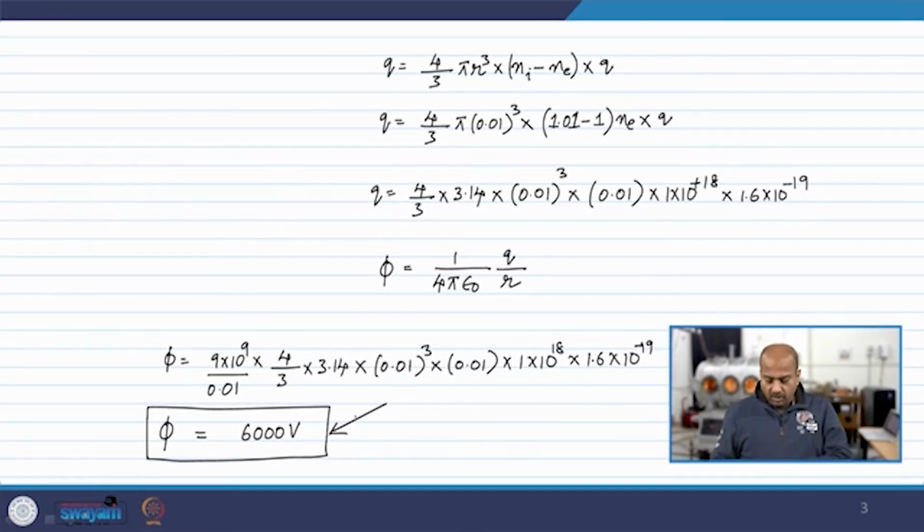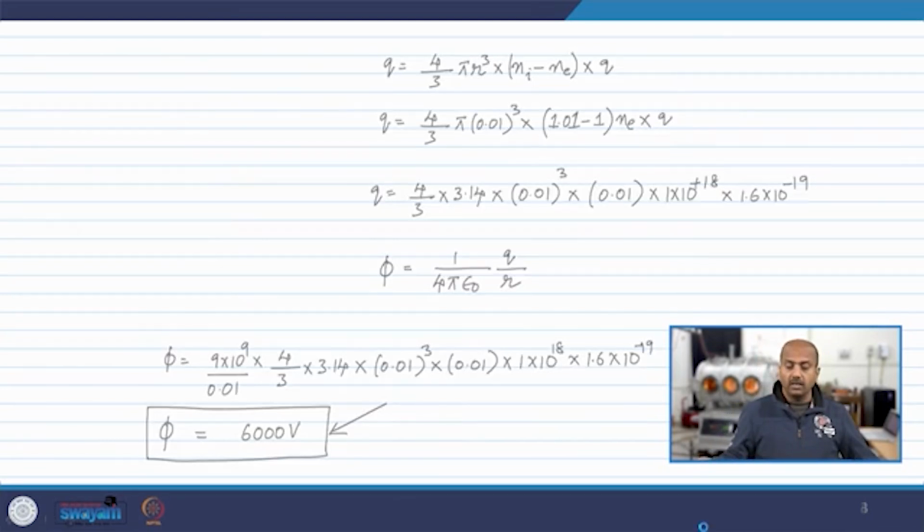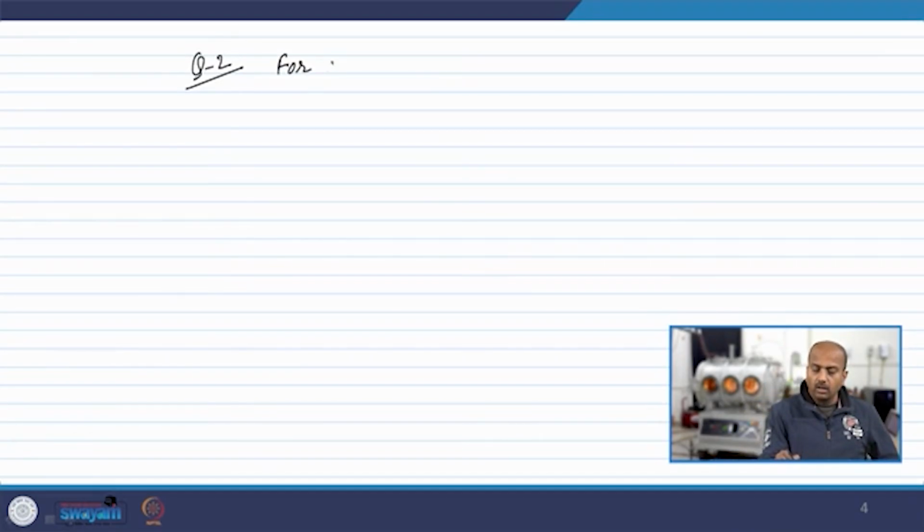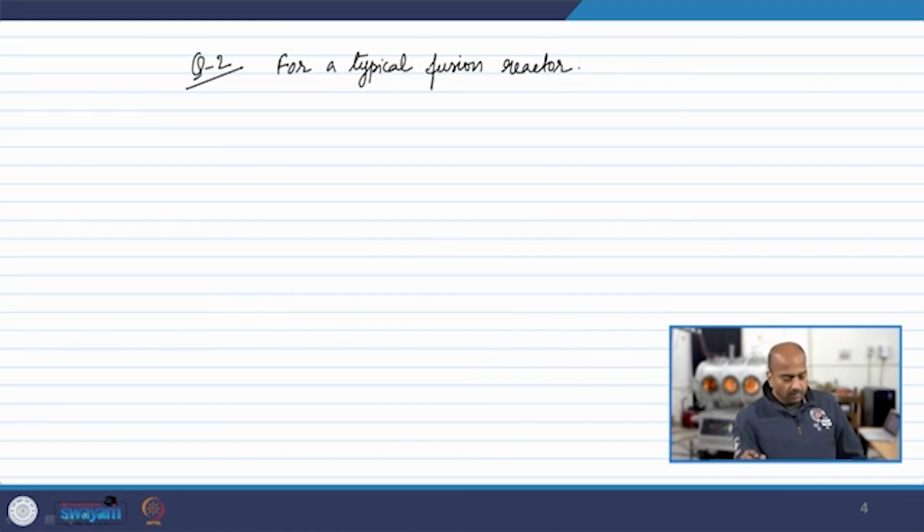Now, let us take one more example to understand the concept of Debye length, or how the plasma criteria can be used to qualify an ionized gas as plasma. Okay. Question number 2, example 2. Okay. Let us say for a typical fusion reactor,